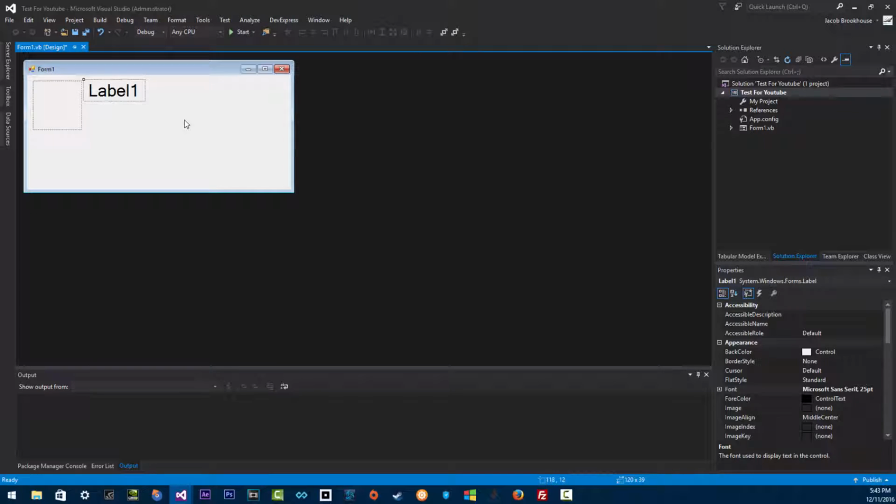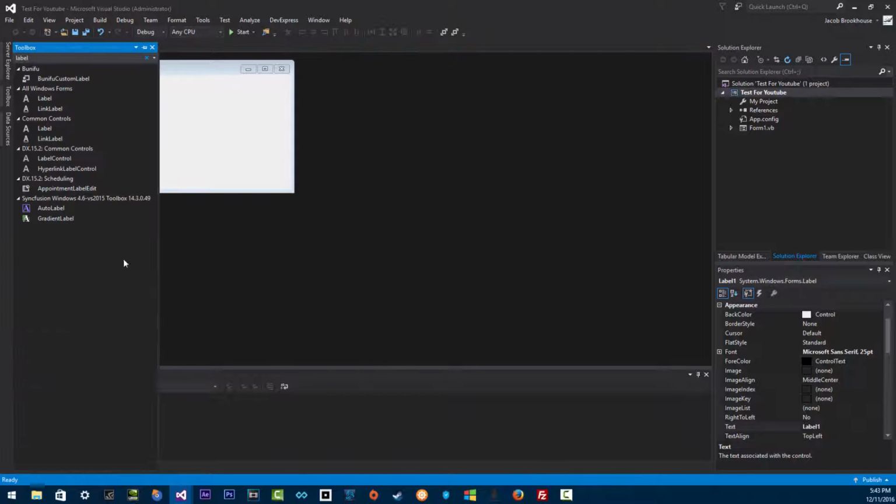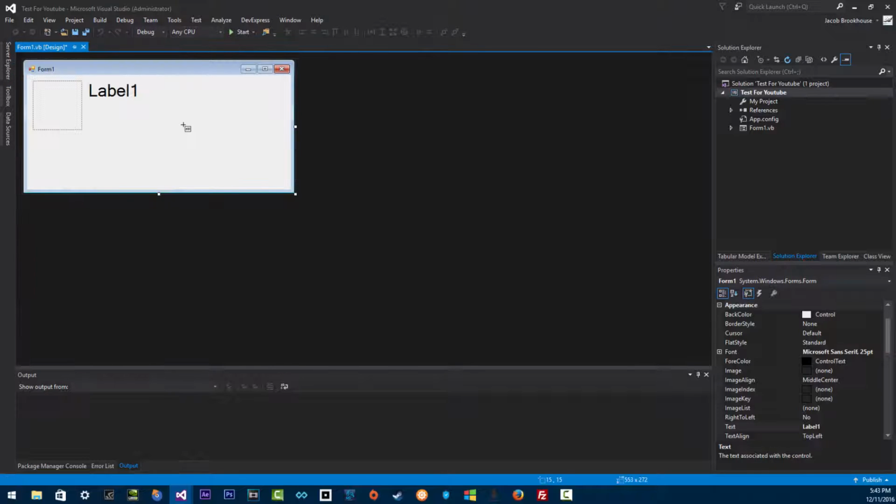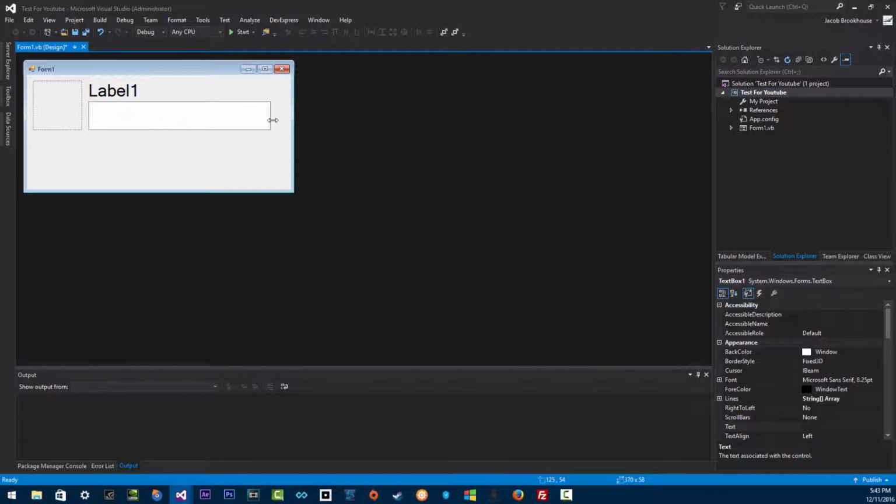So label 1, and now I just copied and pasted a new label, and we'll make that 15. Or actually, let's create a text box. And let's change it to multi-line,